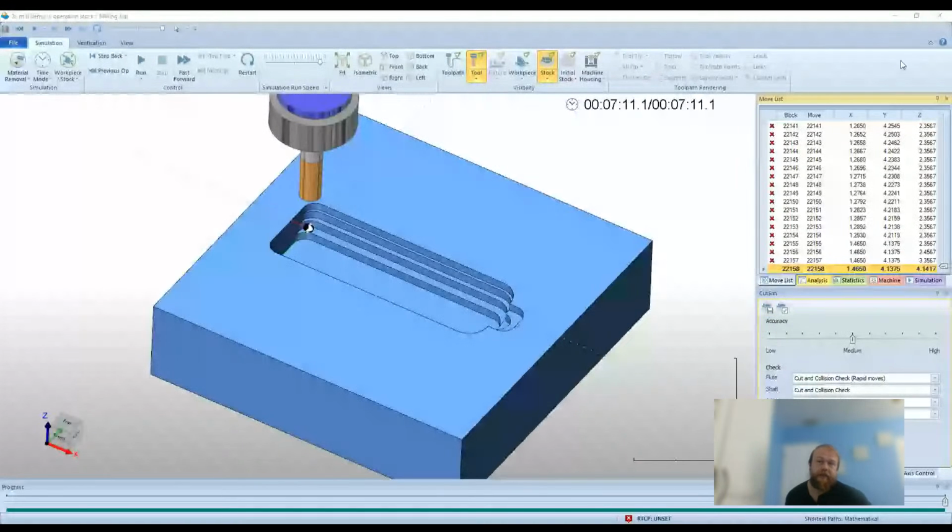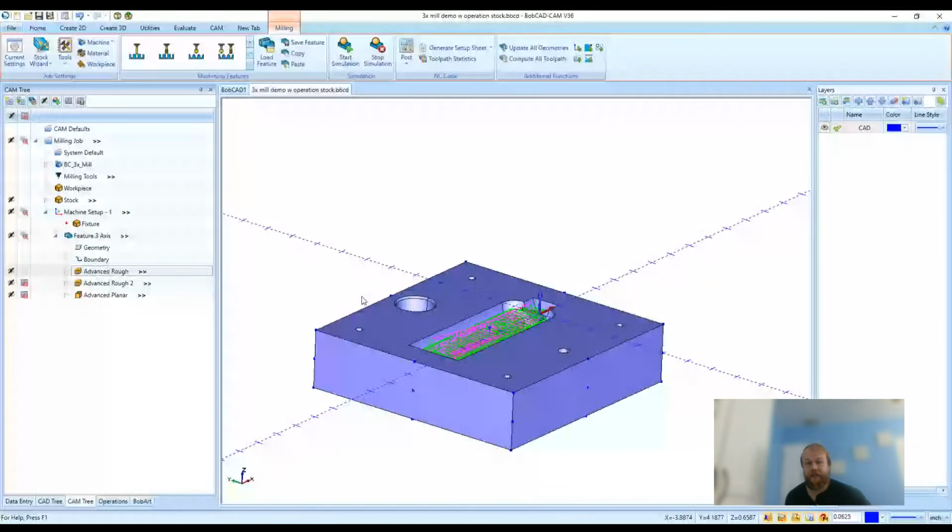Then I'll close out of simulation, and I can use this model as what I'm starting from for this advanced rough 2. And so I'll go to operation stock. I can right click on it and reselect. As a side note also, you can see this red plus next to each one of these options. When there's this red plus icon, it means that there is nothing selected for that option. So once I right click on it and go to reselect,